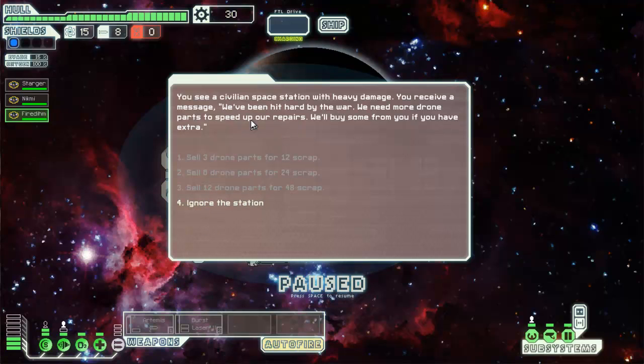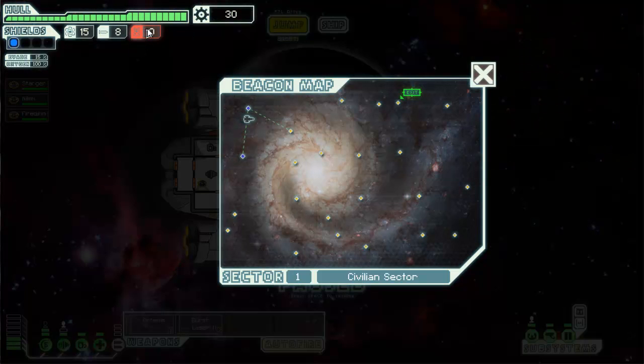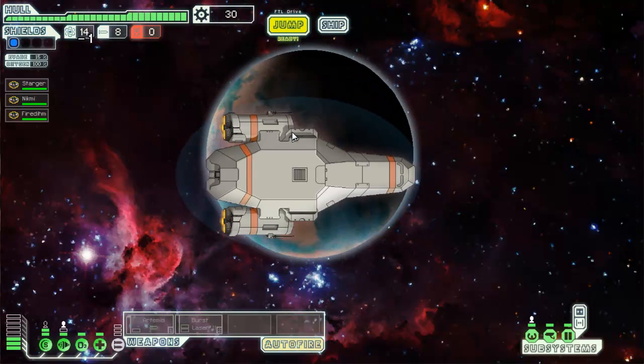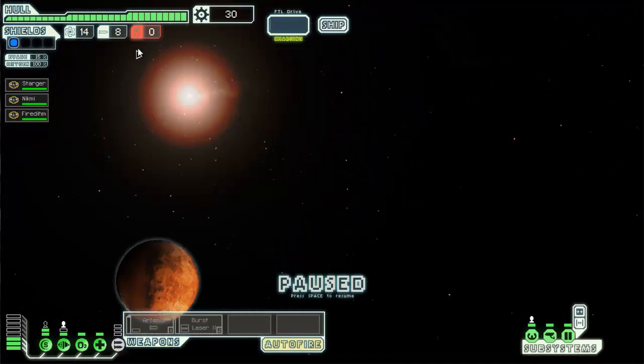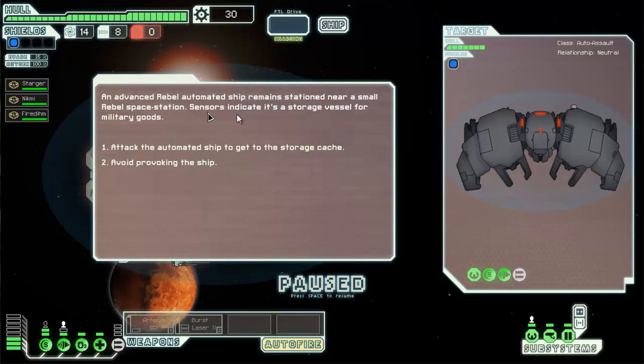I don't like that the only other option is ignore the station. Why not, you know, say, sorry, we don't have any? That would be closer to the truth. Yeah, I don't have any drones because the ship doesn't start with any drones. That other ship started with like 20 drone parts, so... It's not like you start with drone capability and no parts. But that other ship also started with no missiles, so...